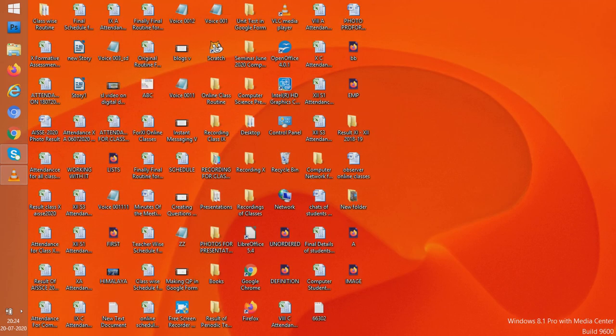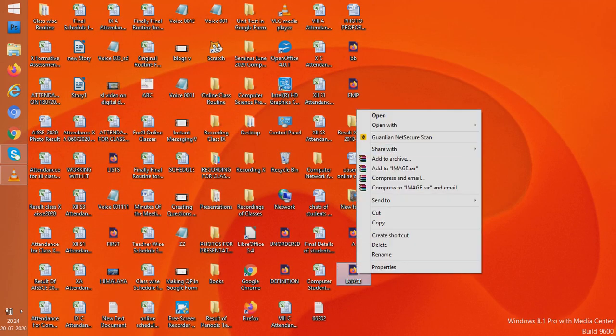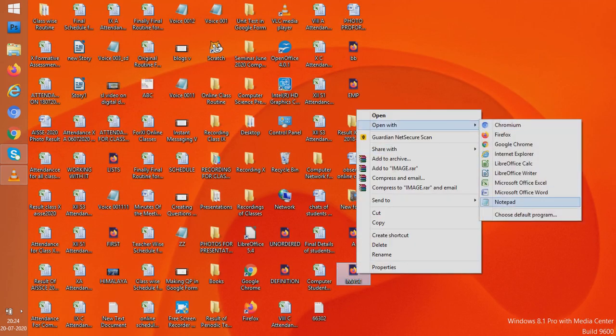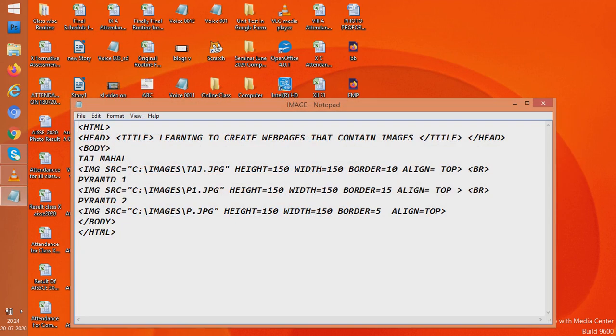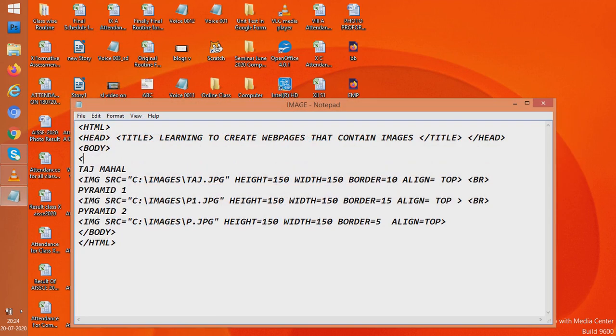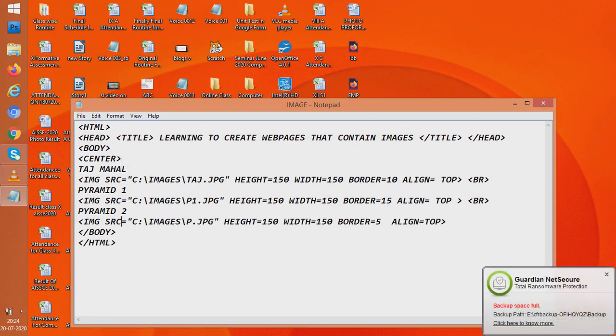Let us do something more. We will see whether it works or not. We will go to Notepad and put everything written here within center. What happens, we will see. But here center has to be closed.